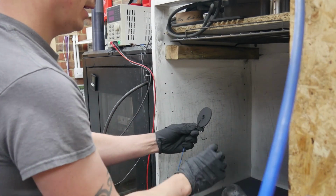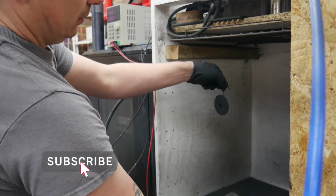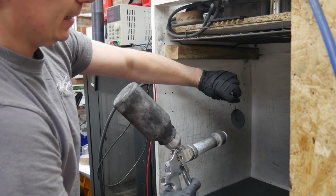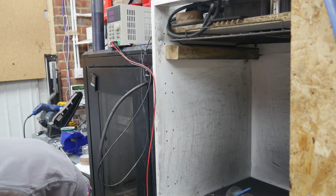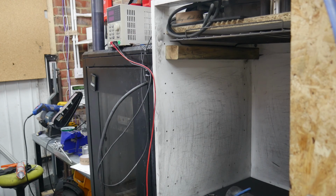Now, the way I spray it, and I might have said this before in a previous video, I might not have, is slightly unconventional to how you do powder coating, but it's because this isn't actually an electrically charged powder coating gun. I think it's an electrostatic, but the static is generated by